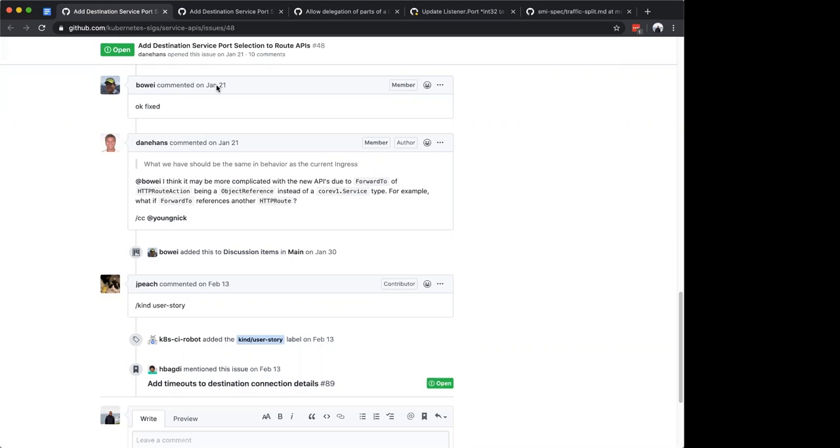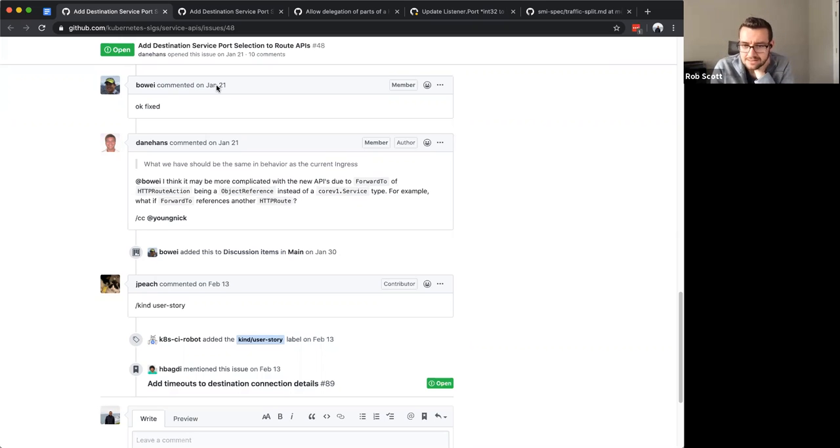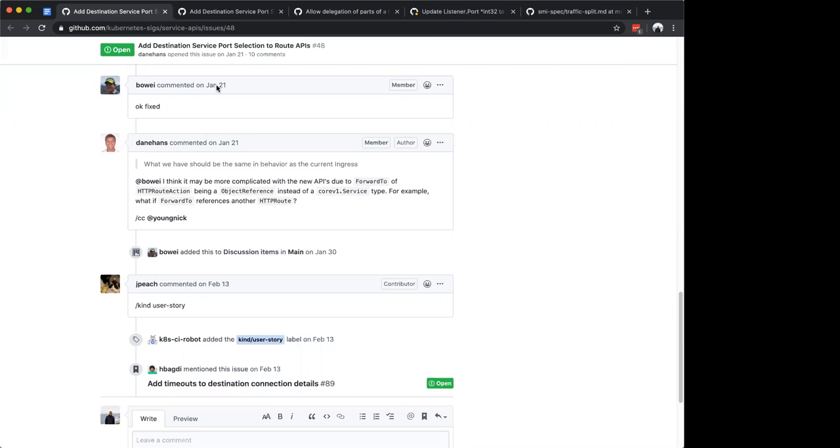That makes sense. Just for context, what does Contour do? Historically, Contour has done this with an annotation on the service itself. In recent versions, we also have a port field in our HTTP proxy CRD. So there's actually two ways to do it now. It used to be the annotation, but we found that